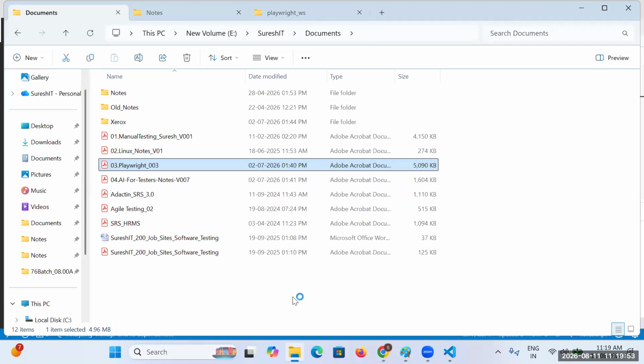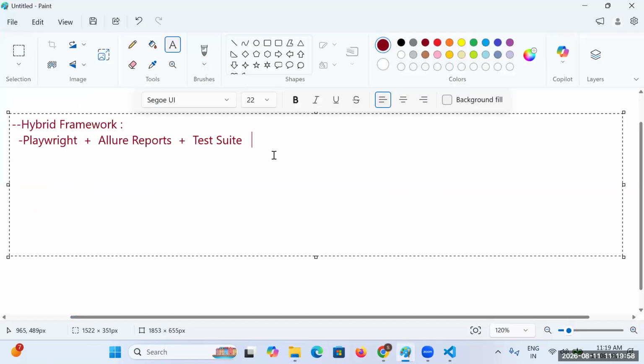Now, continuing with the same thing, we have to integrate some more features.